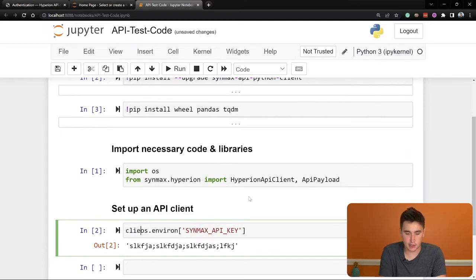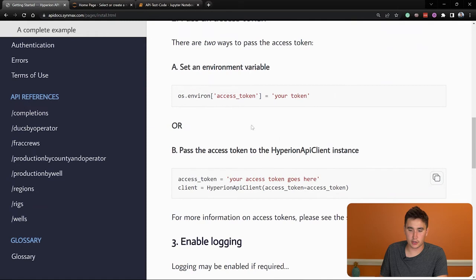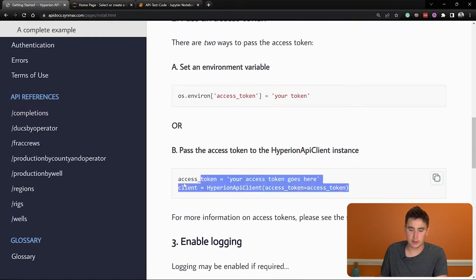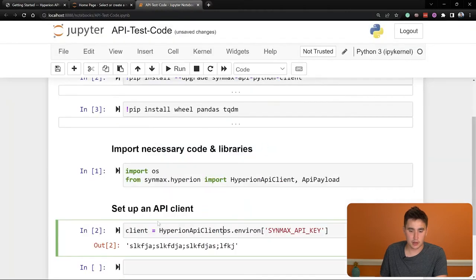So to do that, we can say client equals Hyperion API client. And again, if you ever forget about this, just use the getting started and look at one of the methods that they recommend. We're basically combining these two methods. We really like the environment variables because we don't want to have that sensitive information right in our code. So that's why we did it that way. Hyperion API client, access token is equal to os.environment access key. Run that